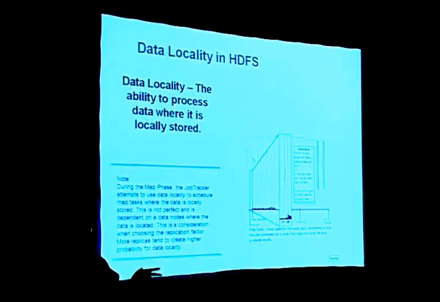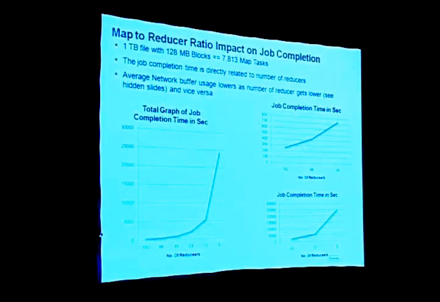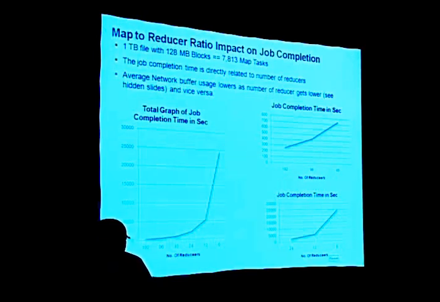Then we look at the data locality. This is just another technical point that you will not always find data locally when the map task is running, right? Sometimes you have a mismatch where the data is and the mappers are running, right? So in Hadoop, you move the data to the mappers, right? So that's the initial data locality spike that you are incurring, right? Not much of an impact, but it's just a technical point that I want to draw across, that there is a data locality movement that occurs during the phase.